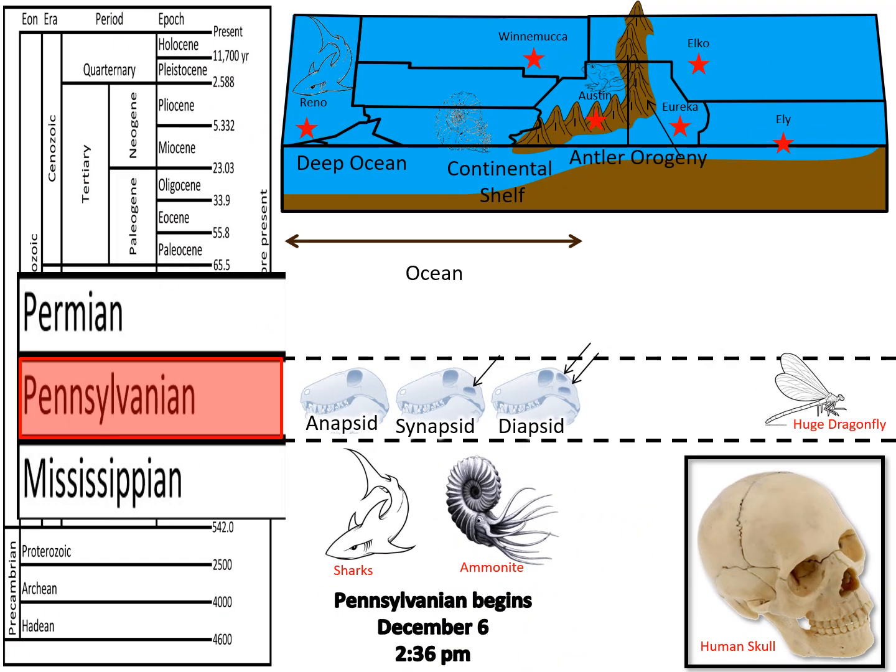It is now December 6th at 2:36 p.m. and we are here at the beginning of the Pennsylvanian. An extinction event in the Pennsylvanian caused collapse of large areas of rainforests and devastated the amphibians. This extinction event, coupled with a few evolutionary advancements, would open up niches for the next major groups of organisms. A major split in the amniotic reptile occurred during the Pennsylvanian, which would forever separate reptiles from mammals.